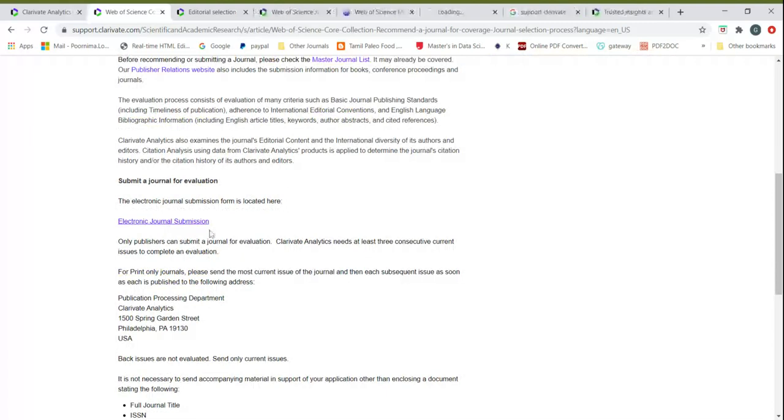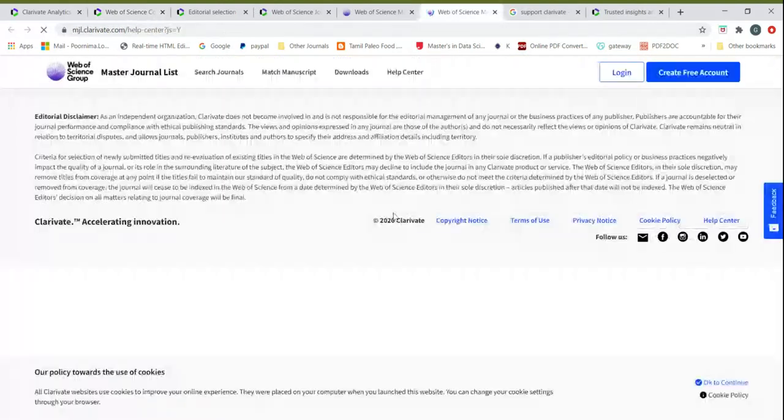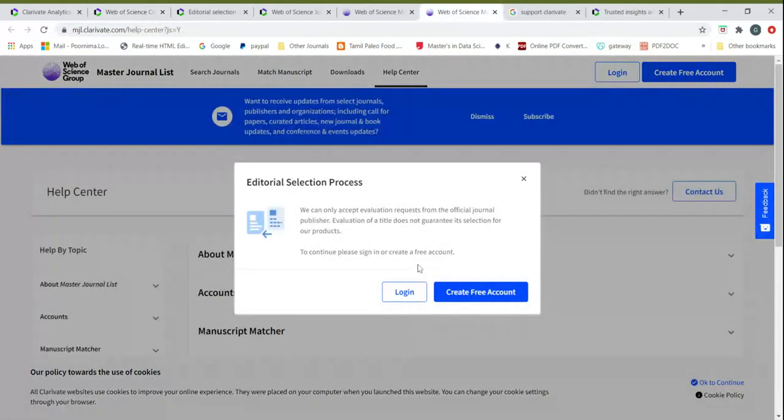I mean, journal submission form. So this is the actual part and our hero where we have to submit our journal. So it's a free account only. You can create a free account, I mean sign up, and you can log in and you can fill up all the information that the page expects and then submit your respective journal to Web of Science to